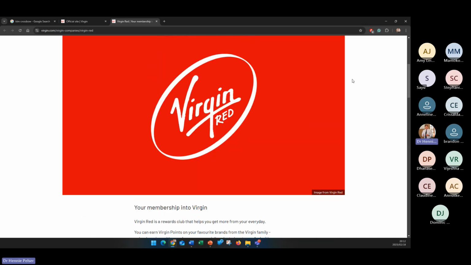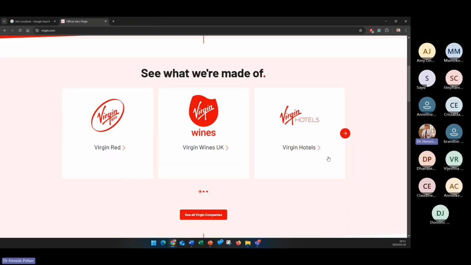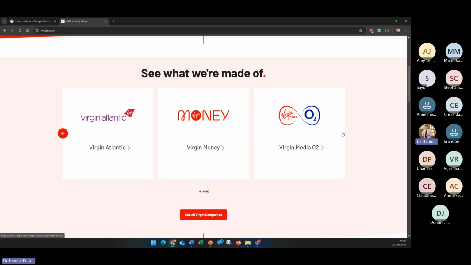I've no cooking clue. Yeah, but if you think of Virgin, they're a highly diversified organization. Virgin Hotels. So whenever you move away from your core technology, it is unrelated diversification. This is a company that does it incredibly well. Virgin Galactic taking you to outer space, and Virgin Money and more.